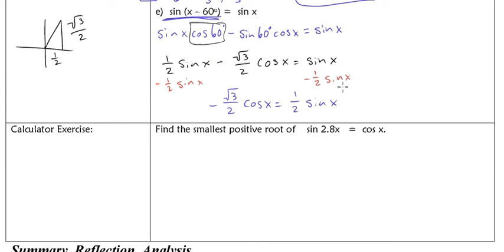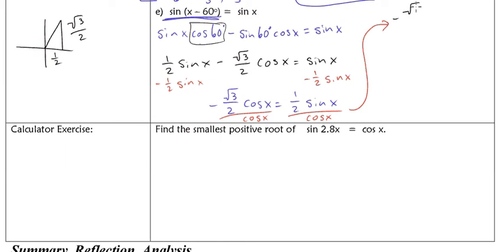sine of x. And now if we can, we're going to divide everything by cosine of x, and because we can, that'll get rid of it over here and give us tangent. Now you could also divide everything by sine of x and go for your cotangent, but I think this is going to be a little bit more straightforward. So divide each side by cosine of x,